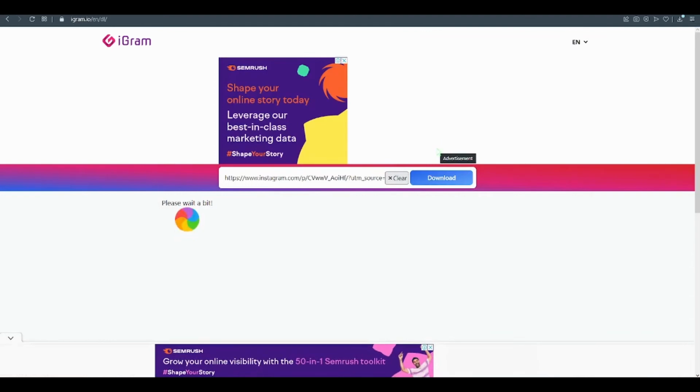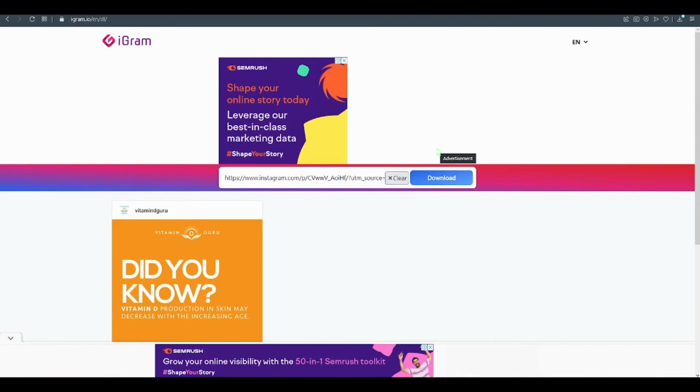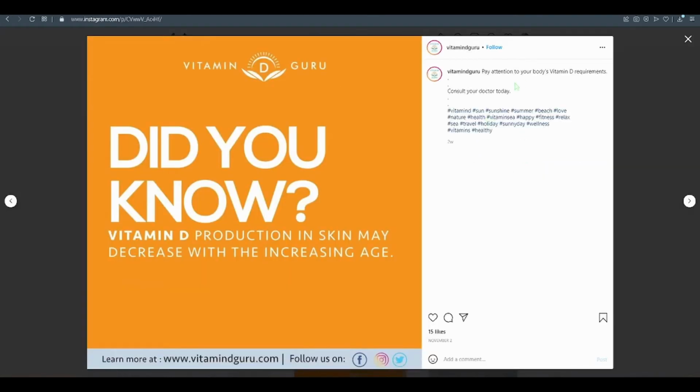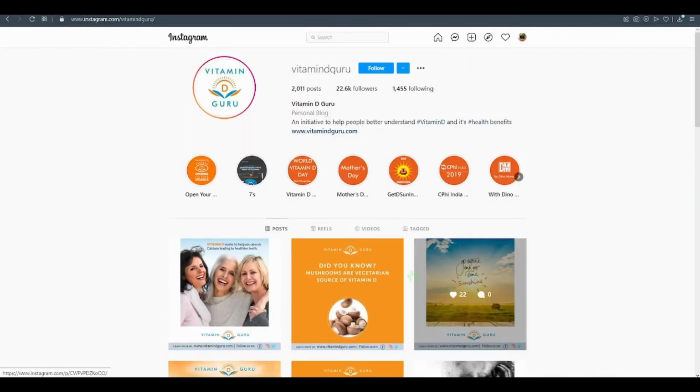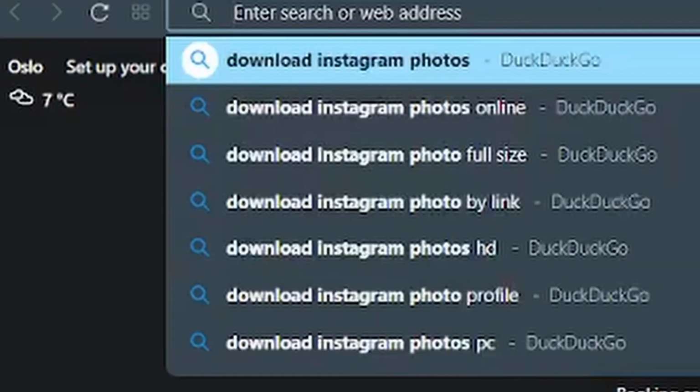I'm sure you know how to do it, and just type it in the description. Just type something simple, and copy these tags. Tags are really important. Just type credit, give credit to hashtag vitamin D guru. I know you know what I mean, just give it credit, and you post every single day like that. What if you don't want to give them credit? You can literally go to